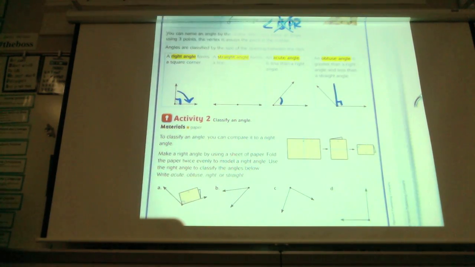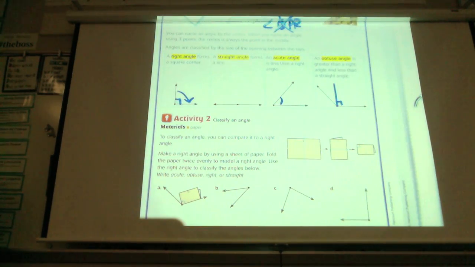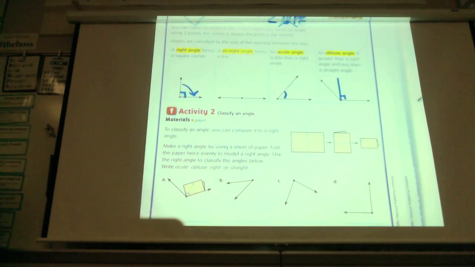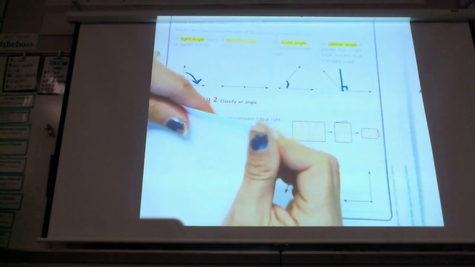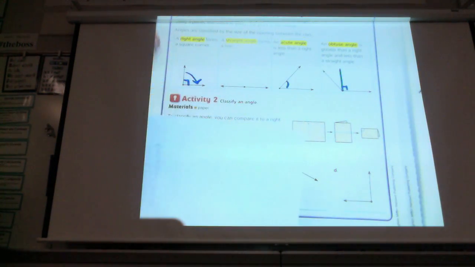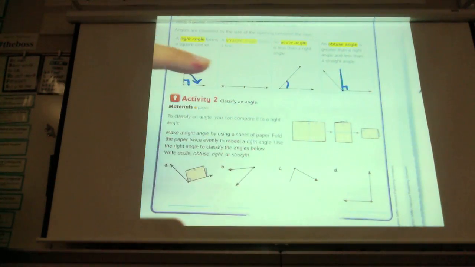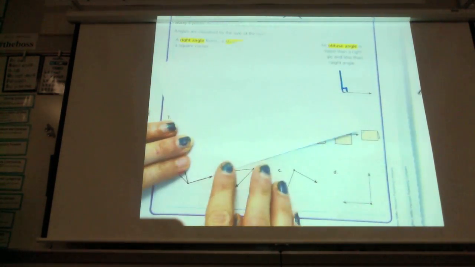So if in your book you're looking and you're trying to decide, gosh, I can't tell if that's a right angle or not a right angle. So if I'm looking at it in my book and I can't tell, gosh, I don't know if that's a right angle or an acute or obtuse. It's so close I can't tell. Take a piece of paper, or you can even take a Post-it. You're not doing it right now. Just fold it in half, and you've created a right angle. You can do it with this. If you know your paper is straight, you can just use the corner of the paper. And then you can just take it and put it up against one straight line,